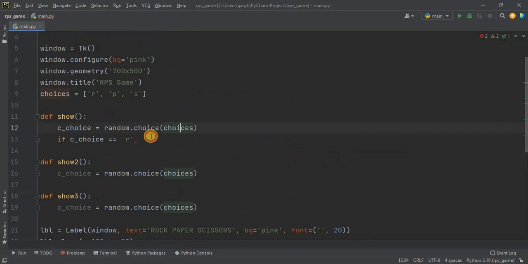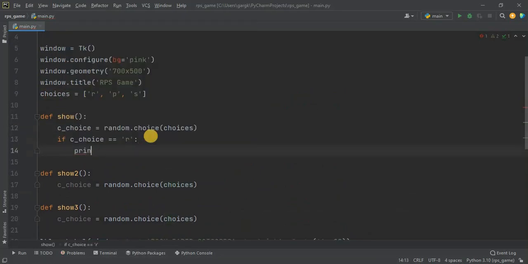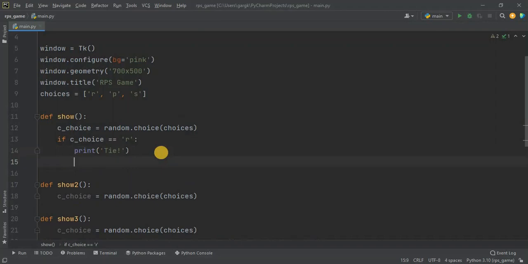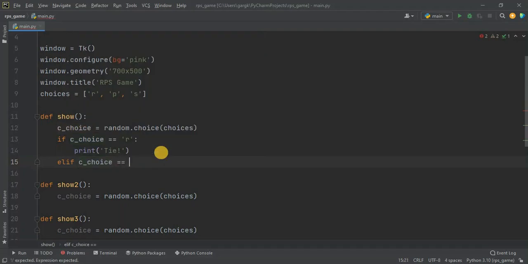That's why I will say print tie. elif. Elif stands for else if. Else if c_choice equals to P, that stands for paper, then I will say